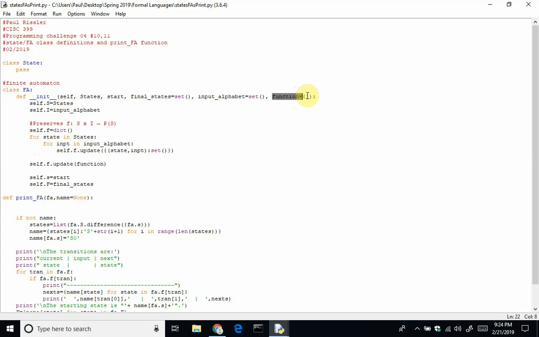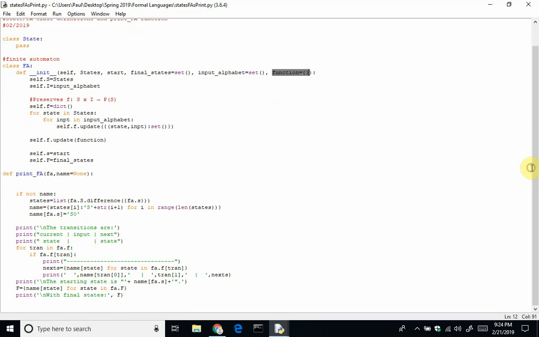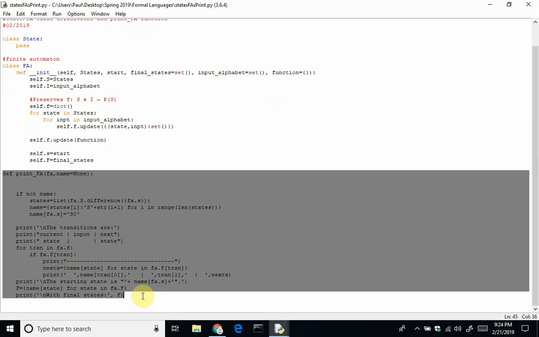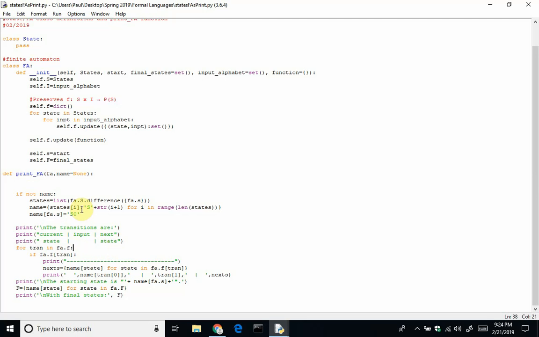So this doesn't need to have all of those transitions to the empty set. And I just store that information, and then here is the print function from Programming Challenge 2 and 3. It's just modified a little bit. So we have our finite automaton,